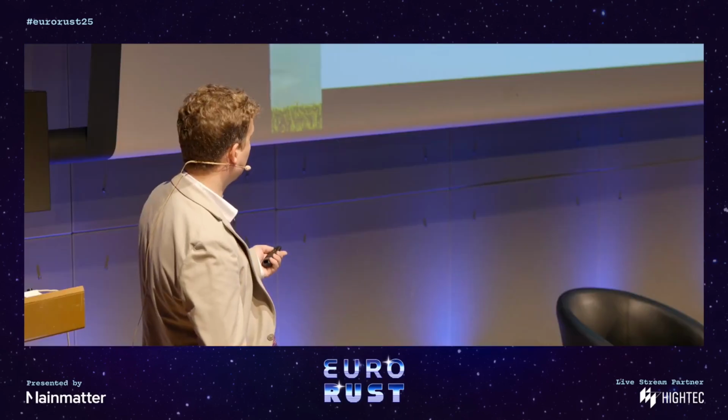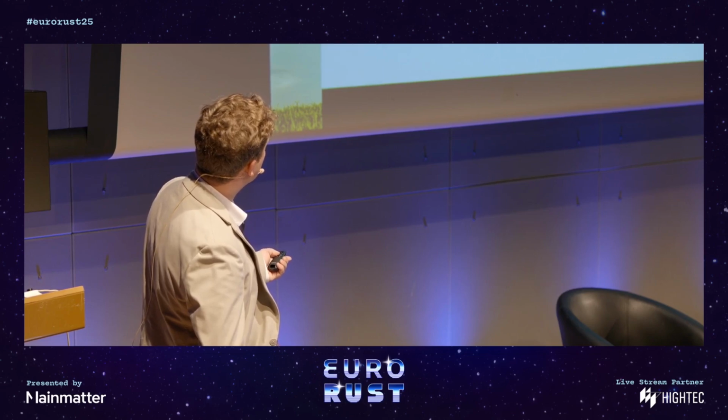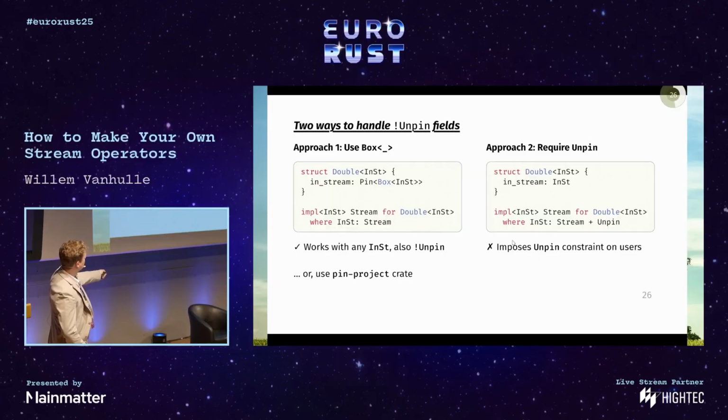Yeah, in production code, I recommend this pin-project crate. This one is probably better from a performance point of view because I think it does this without pointer indirection. And I just used the box because